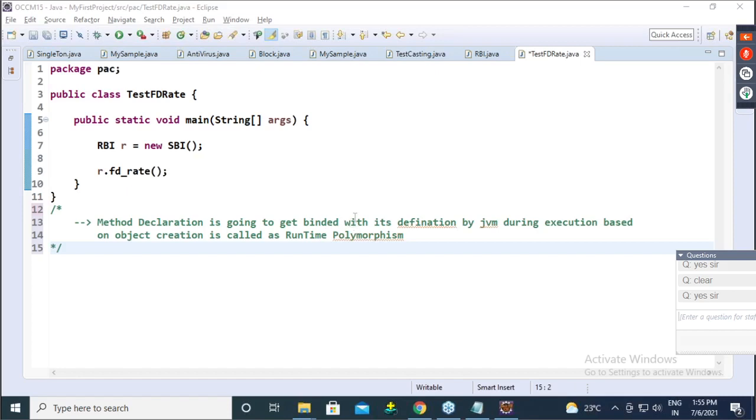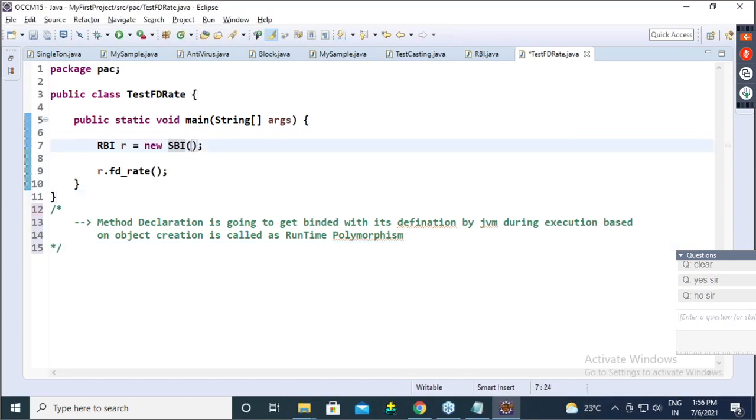Now, guys, this is complete runtime polymorphism. Any confusion up to this, let me know. See, guys, create an object of the child, and now you understood why upcasting is compulsory.